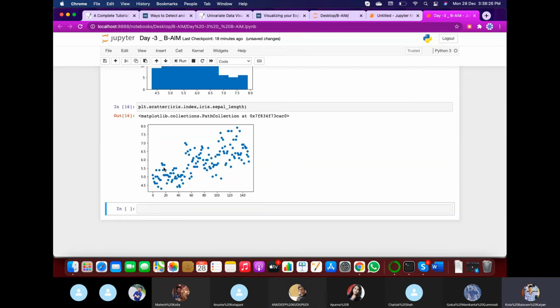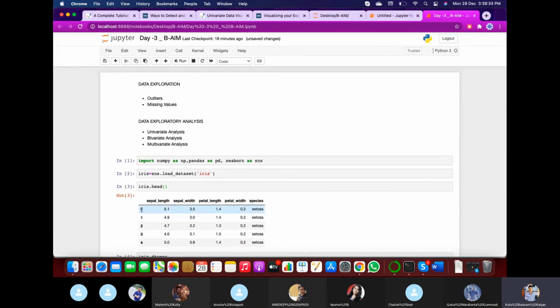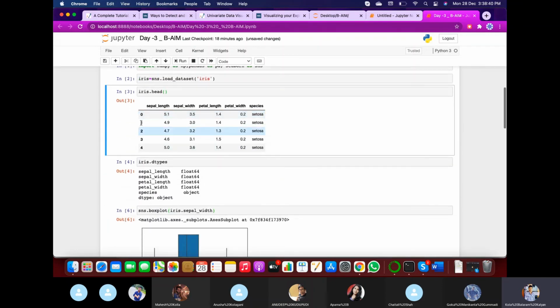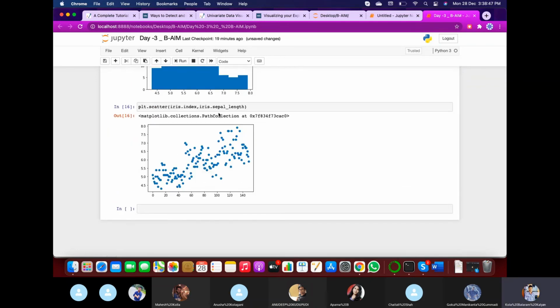So this can be the scatter plot we drew, where index is nothing but the index column, that is 0, 1, 2, 3, row number wise. So it is not considered as a variable. Let us say it plots under the sepal length only. If we specify that we draw between the sepal length and sepal width, it will become the bivariate analysis.